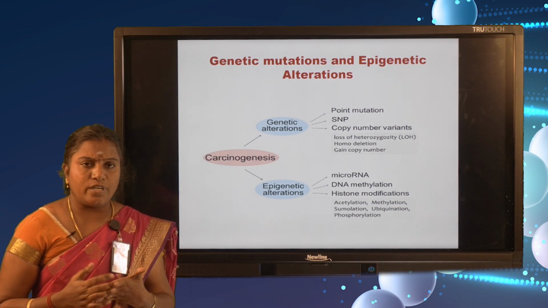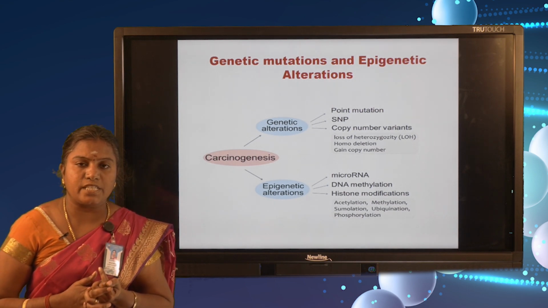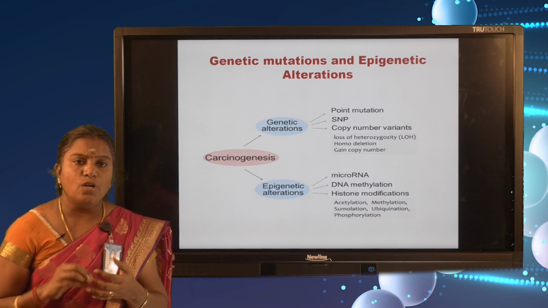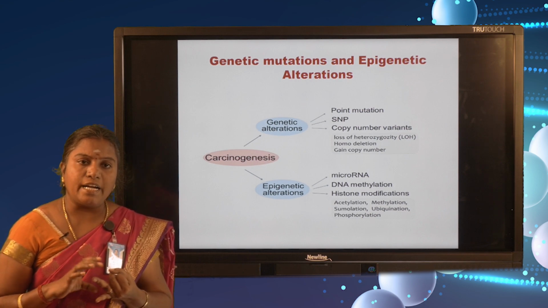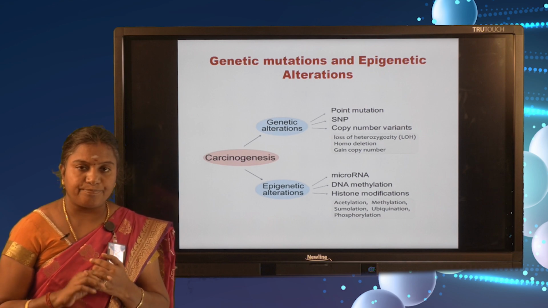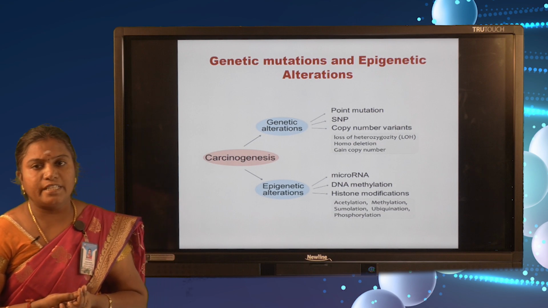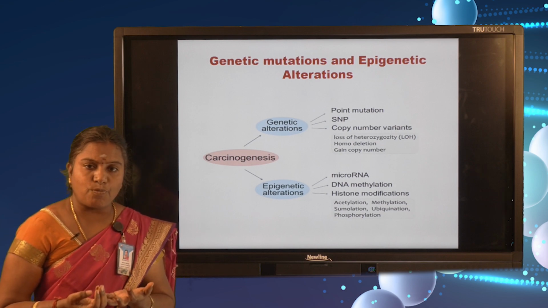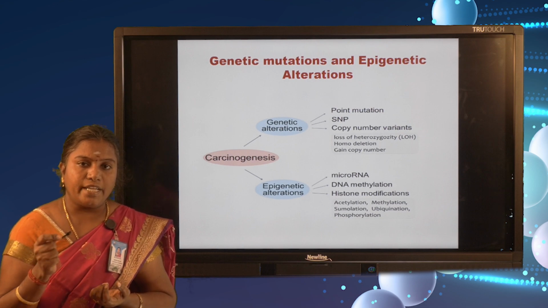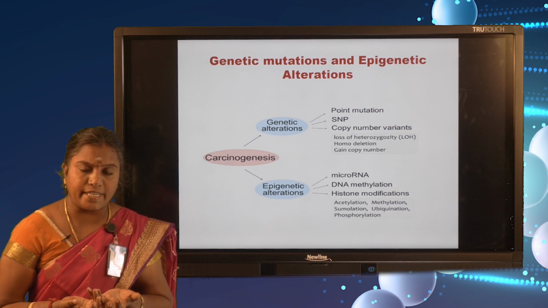And then next, some genes are involved during cancer conditions. What are the genes? Two types of genes are present in our cells: one is the oncogene and the other is the tumor suppressor gene. A tumor suppressor gene is P53. What is the role of this gene? It takes part in the cell cycle process and is involved in the apoptosis process. And oncogenes lead to the synthesis of cancer cells.